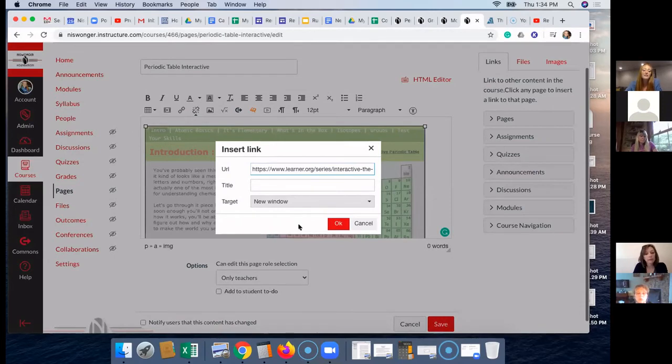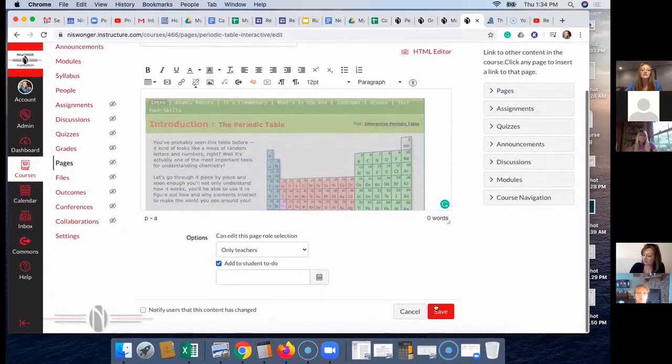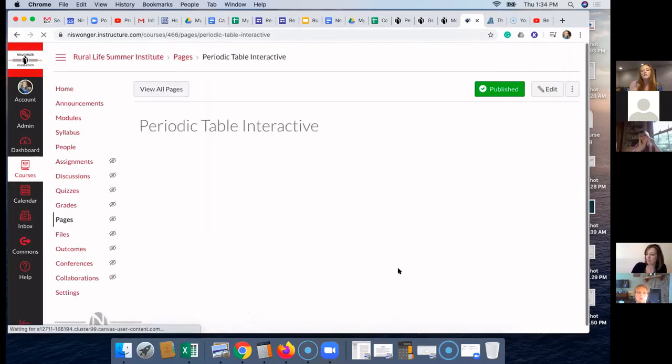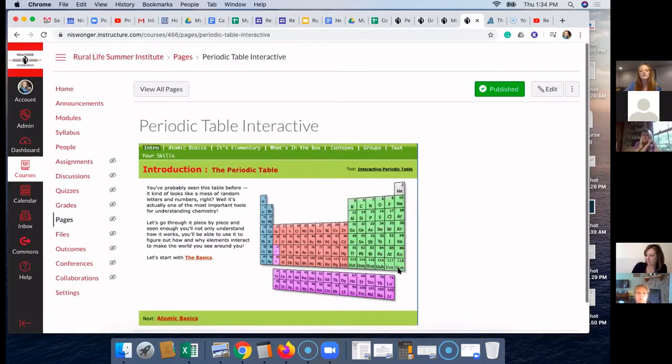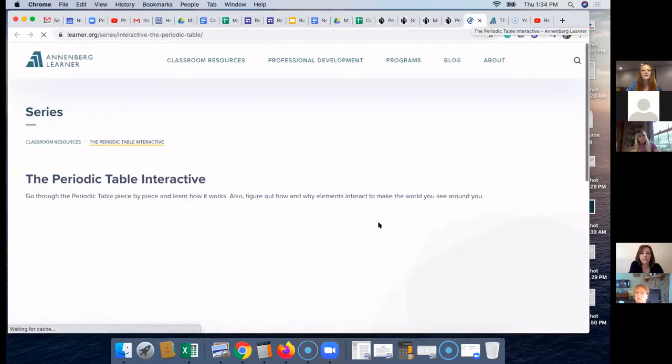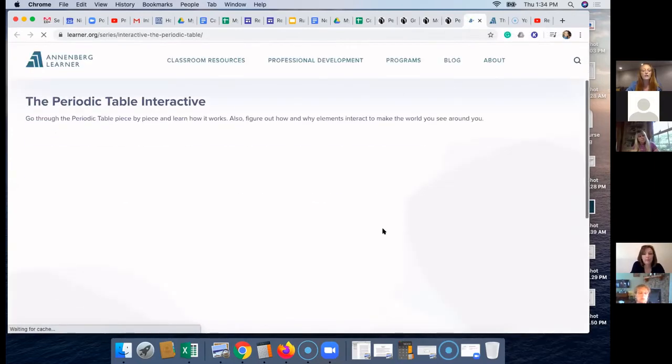You guys may be laughing at me, this may be an old thing, but I just learned this, but it gives you an option to make it so that it opens in a new window. And then as soon as you hit save, it makes it open in a new window. So I love that, because again, I like for most things to open in a new window so students can always get back to their Canvas course easily, especially on something like that, because what happens is they're going to be now, going through multiple pages.